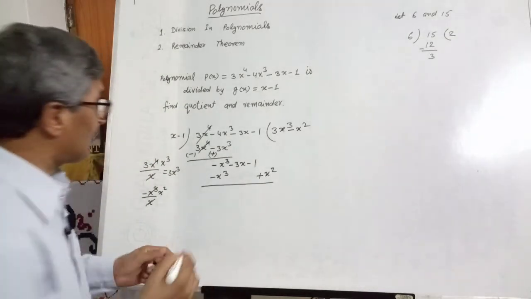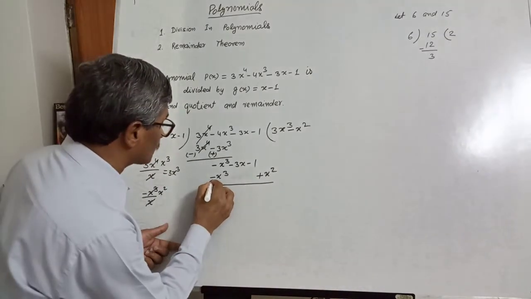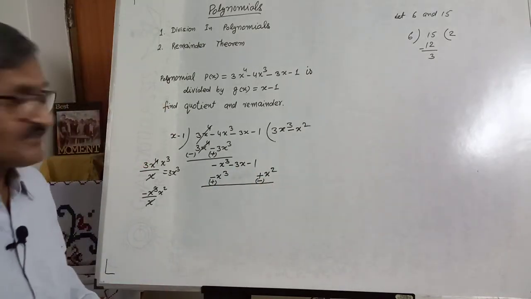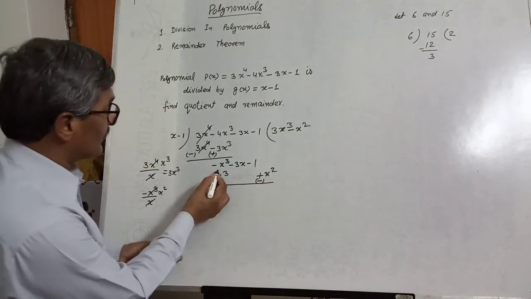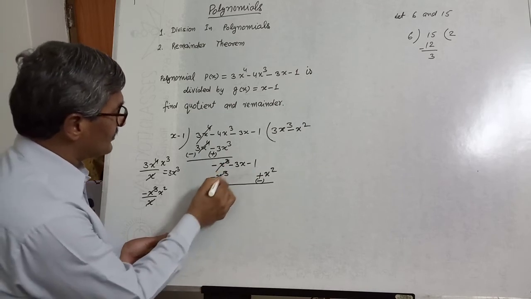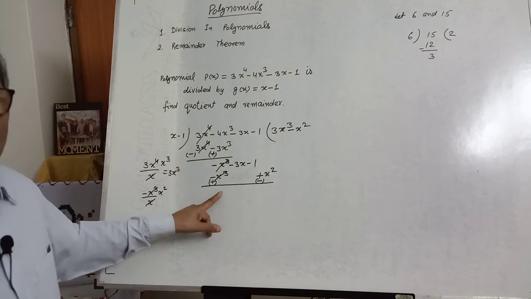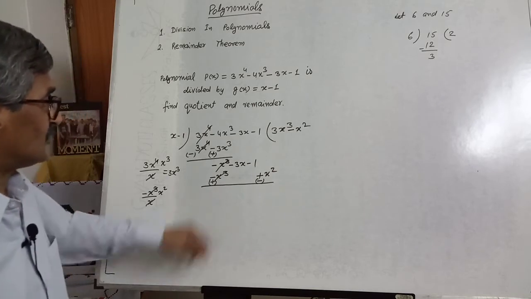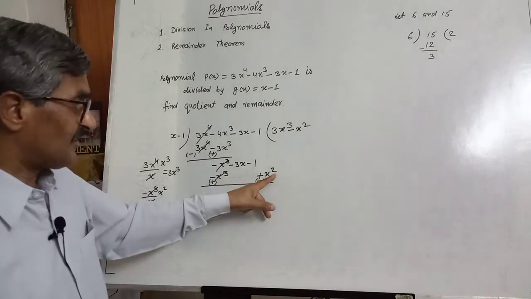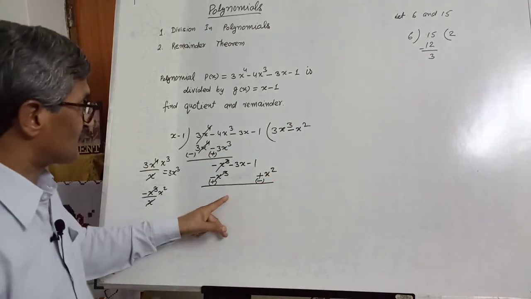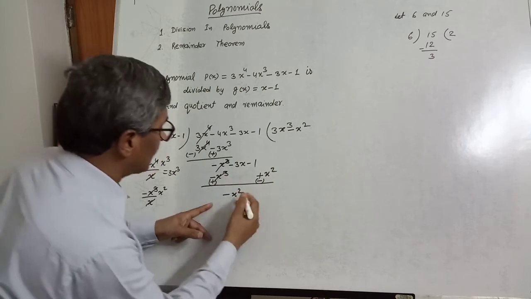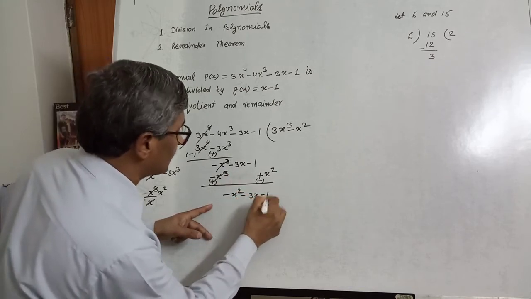But while subtracting, you change the sign of both; this will also be changed. This is minus x square, this is opposite sign minus, and this is plus. So again this will be cancelled, and we will be getting 0. Need not write 0. Now before writing this term, this is higher degree, so write this term first. Minus x square. Now write this 3x minus 1.